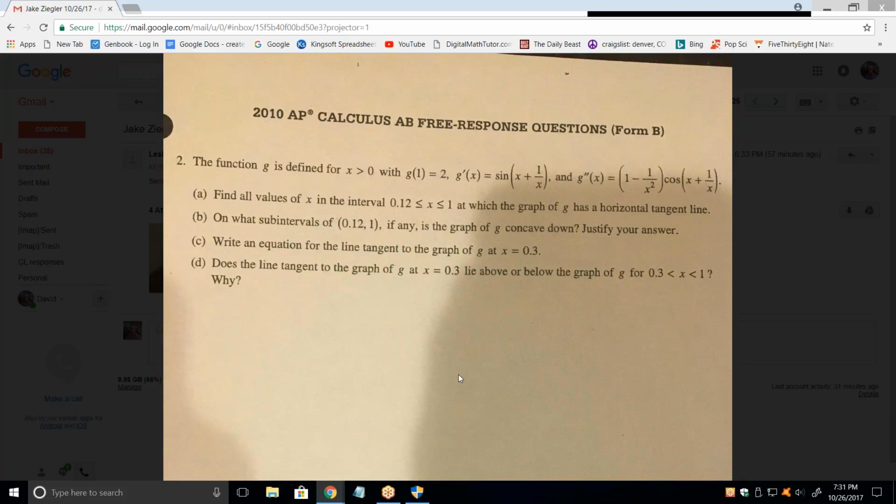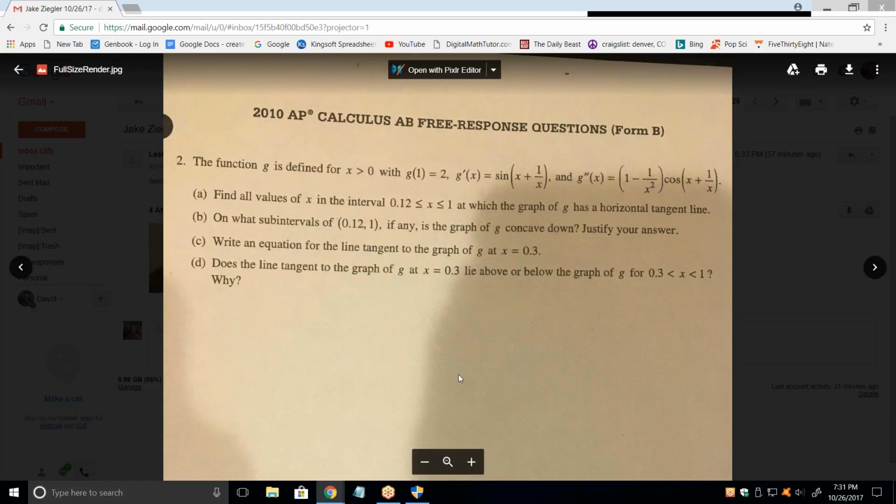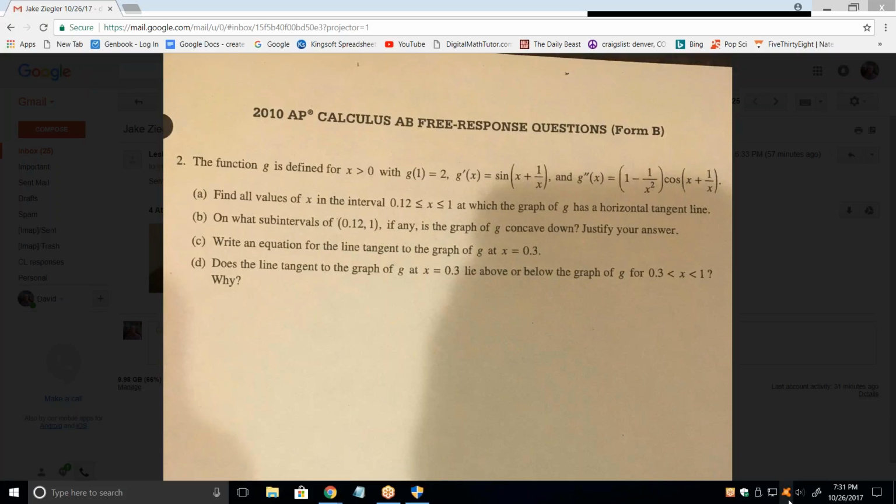So they give you g prime, they give you g double prime, and they give you an initial condition. This is an initial condition. If you have the derivative,